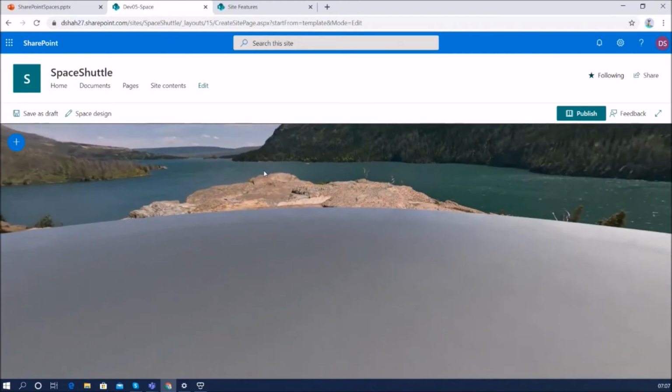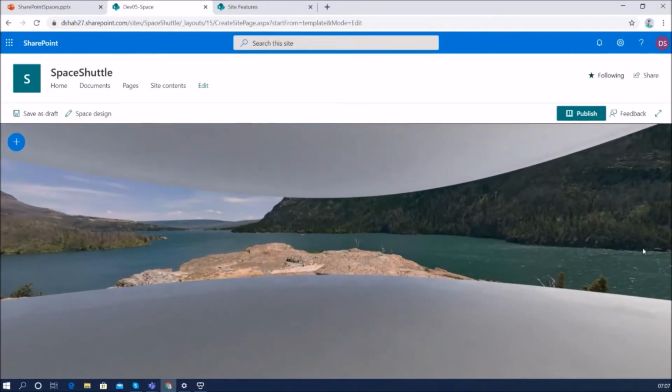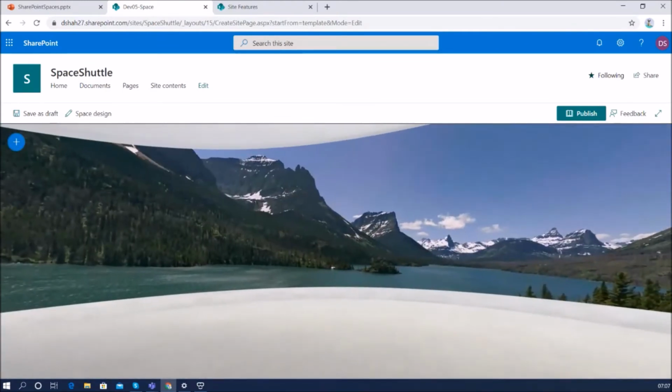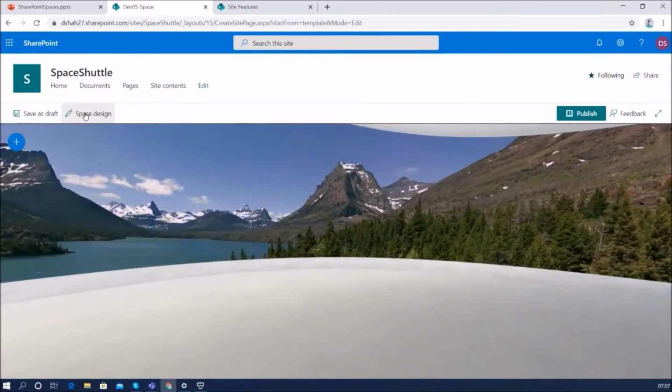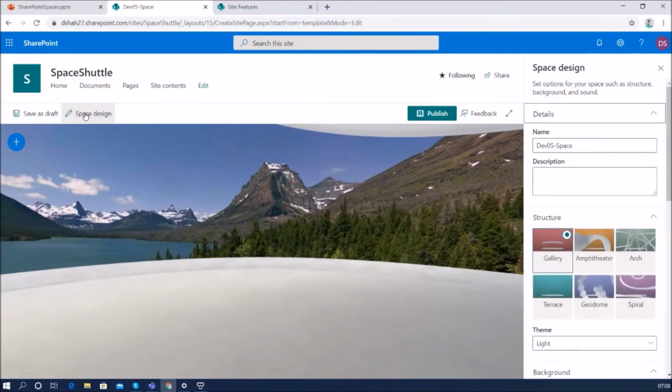Now the question is, what is a space structure? What are the different building components of the space that we need to consider while developing? Let me show you. Click on space design. The same structures are available over here.